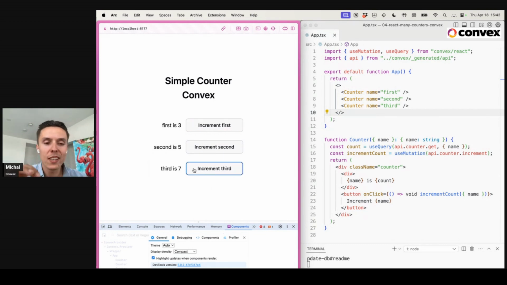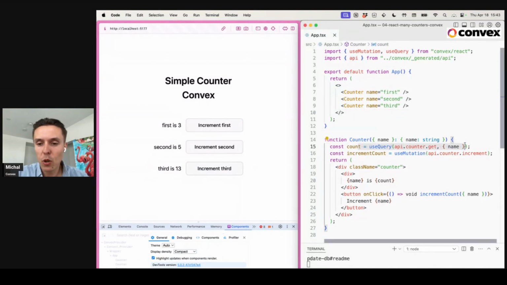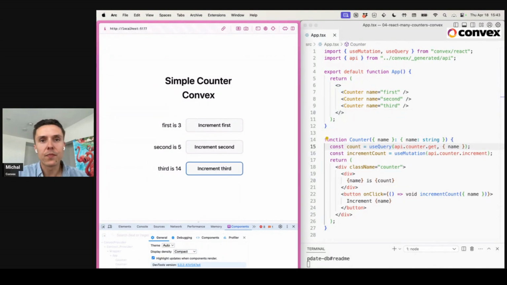So what this actually shows is that when I press this button, only the one particular read that needs updating propagates back to the client, right? So I have a table of counters, I'm mutating one of those counters, and only that particular subscription gets updated here. Yeah, so this is a very simple scenario, but